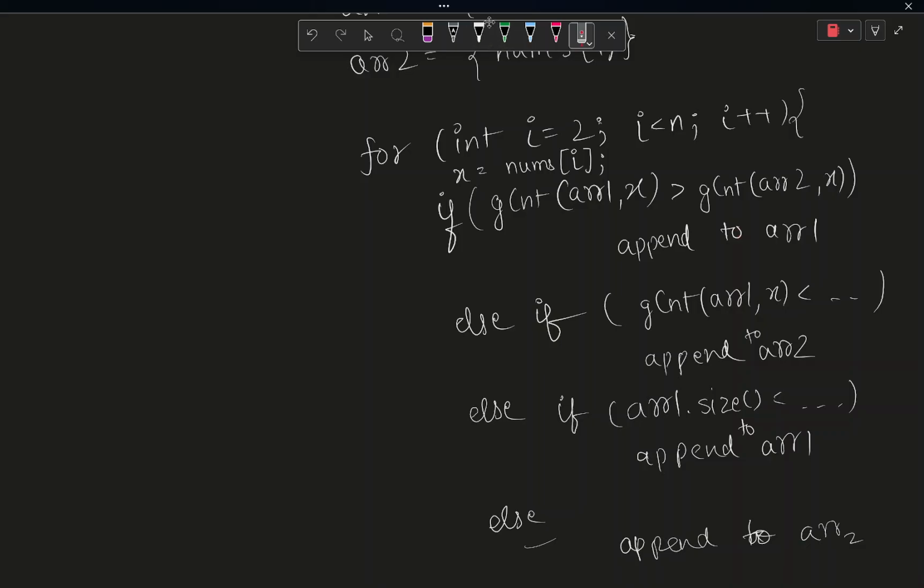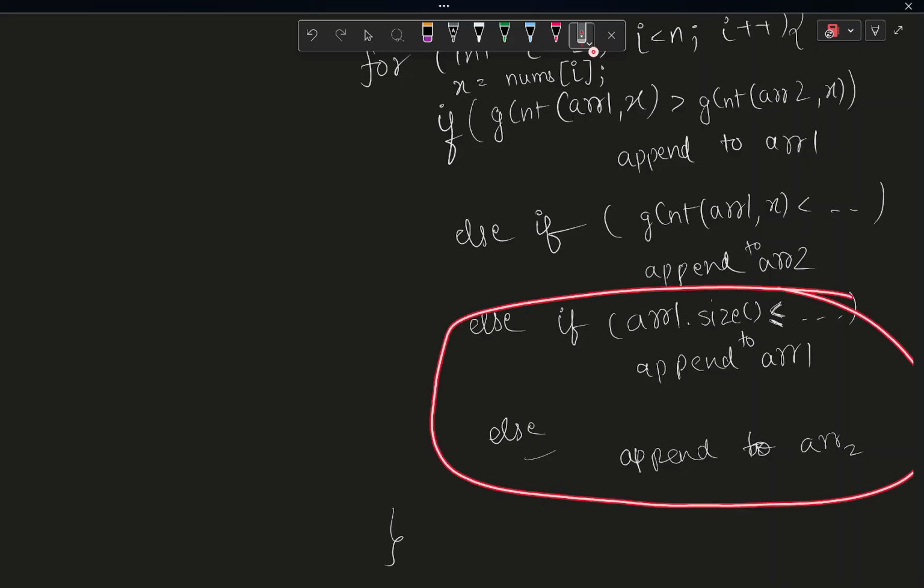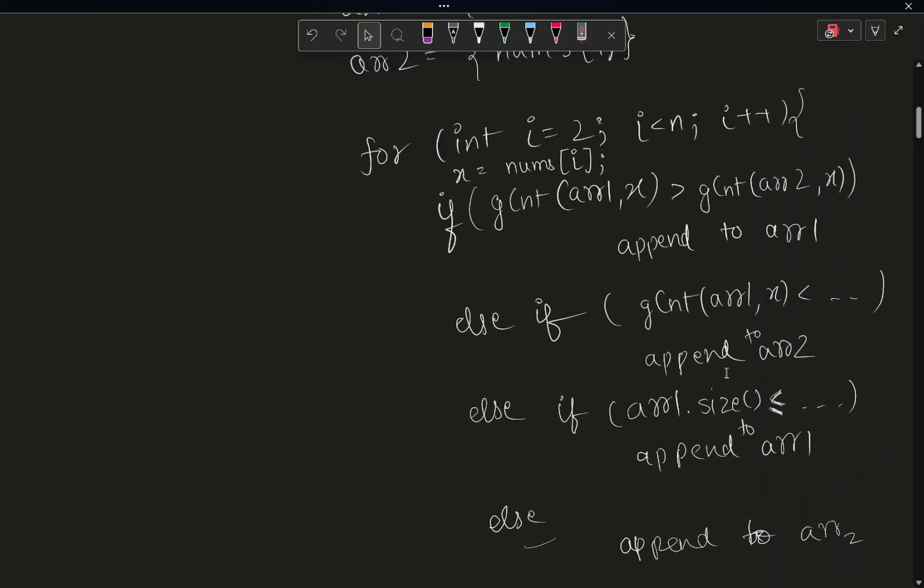In the else condition you will say, hey, if the size is less, then append to ARR1. Else if ARR1 dot size is greater, append to ARR2, and in the else condition, if both of them are equal, then you will append to ARR1. Or you can just write it like this: if the size is less than or equal to ARR1, then append it to ARR1, right? Now